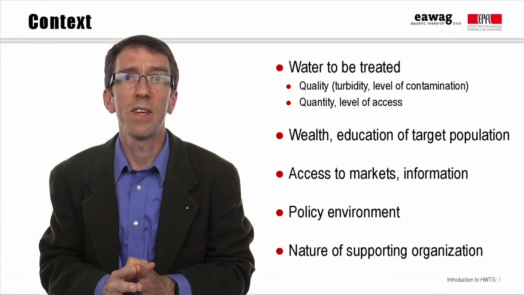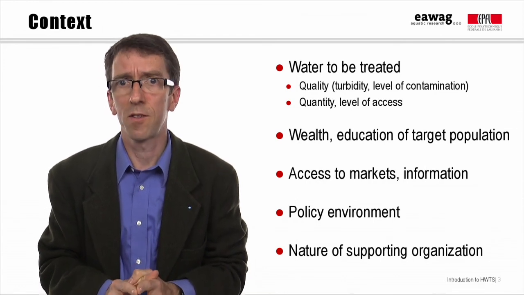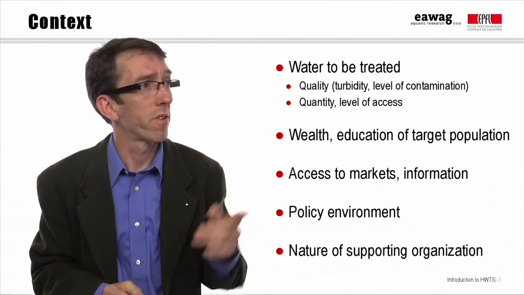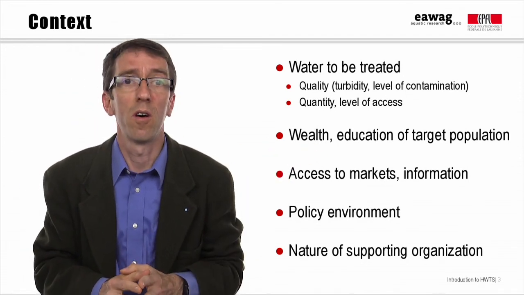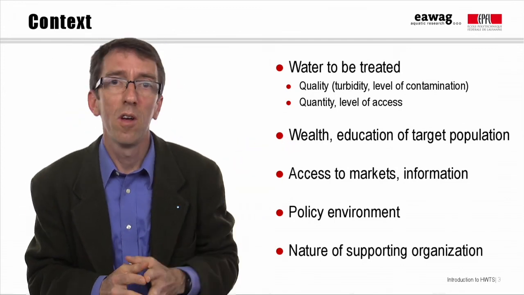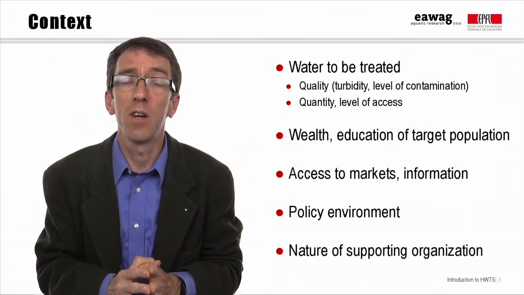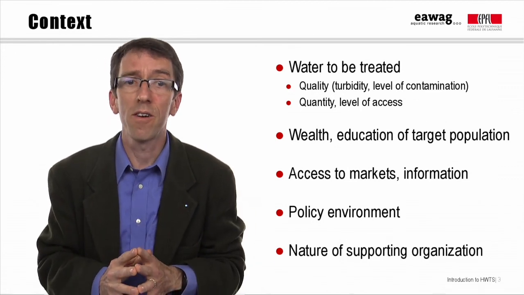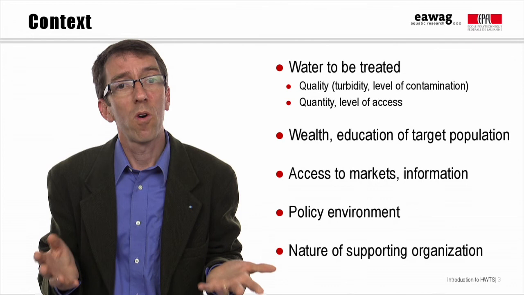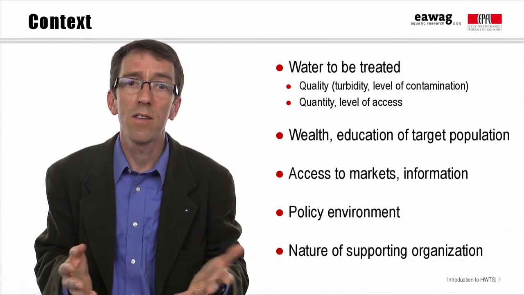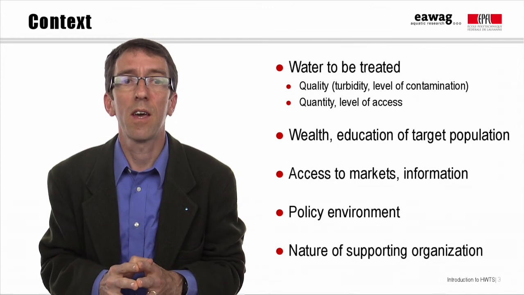Selection of an HWTS option is highly context-specific. Of course, the context includes the characteristics of the water to be treated. An important factor here is whether or not the water is likely to be turbid, but also the level of contamination is important. Some processes can achieve higher LRVs than others. Apart from the water quality, the way that the water is accessed and the quantities available and needed can also